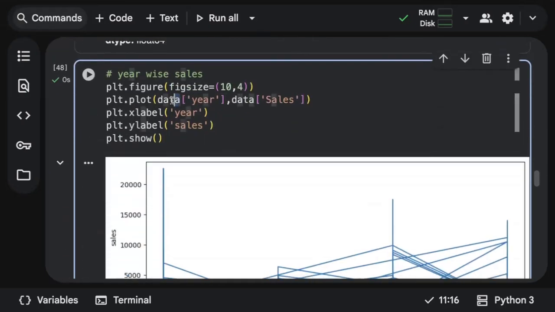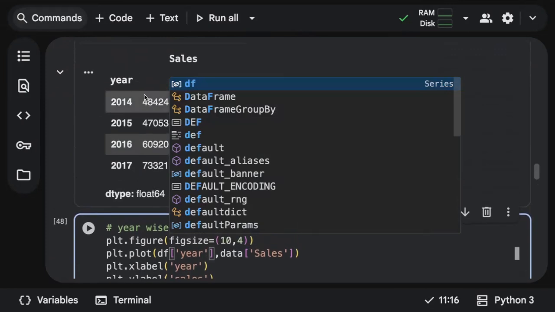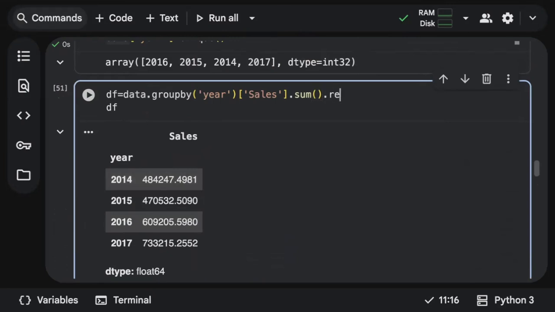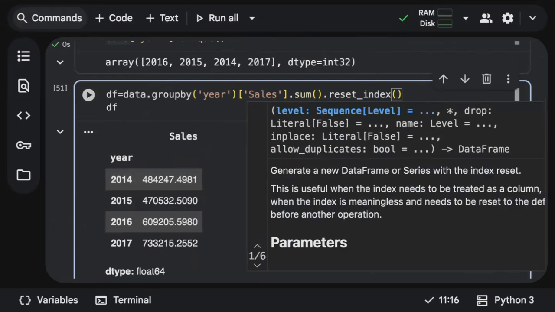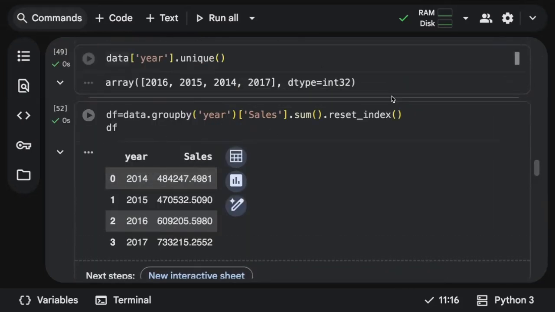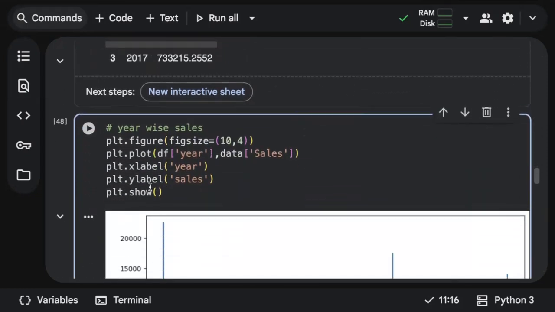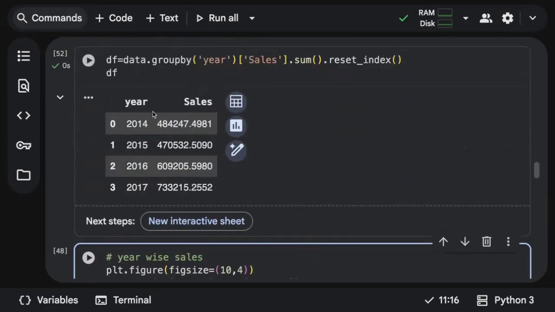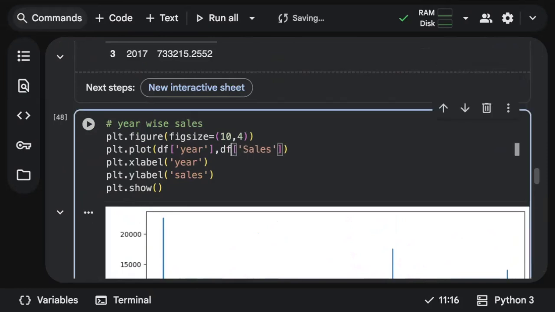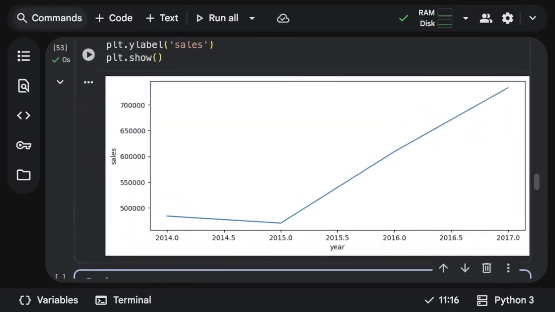And then instead of calling df of your data of year, what do you have to do? One more important thing here, you can see year is in our index column, right? Just use reset index. You understood, right? If you try to plot it directly, it gives a kind of weird graph. So always group your data and take the sum of sales, then reset index so that whatever column you had in the index column, you get in the first column. Then use this data in order to plot a graph, you will get a clear picture. Remove data, just use df. So you got a perfect graph.